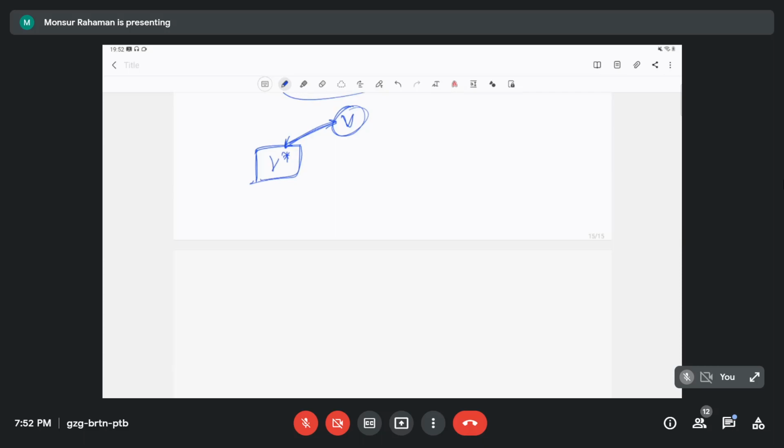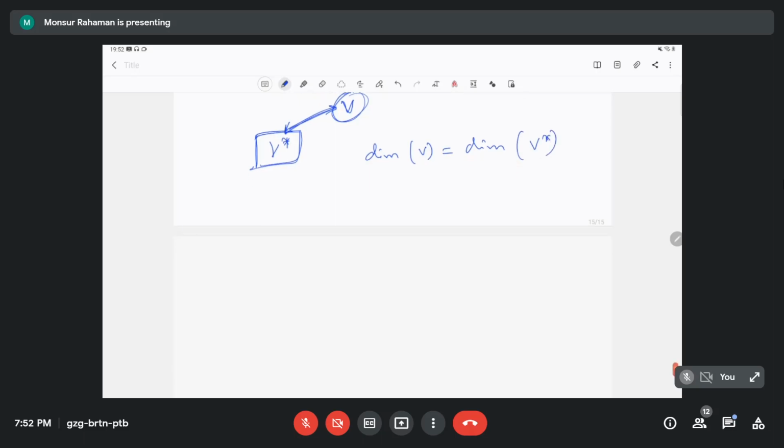ठीक है, तो वो डायमेंशन सेम होगा, dimension of V equals to dimension of V star. Just simple assumption से हो गया वो वाला. कौन सा assumption? कि V का जो V, तो you know already that, because you have taken the V as granted, so you know all about V, that V is an n-dimensional vector space, and you have taken V1 to Vn